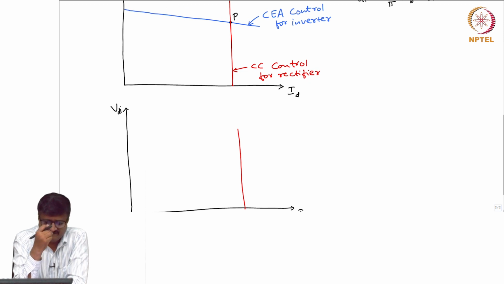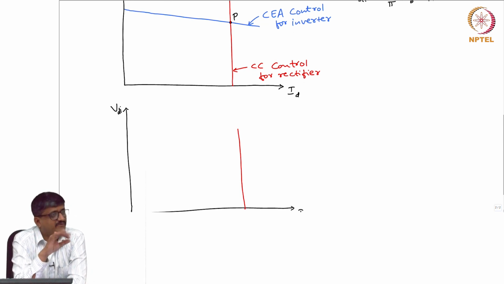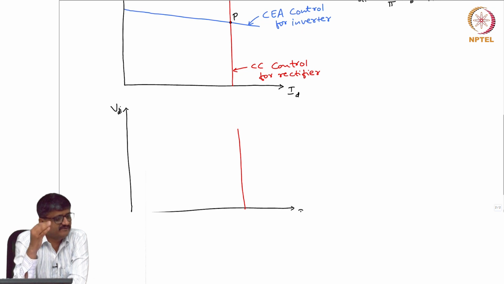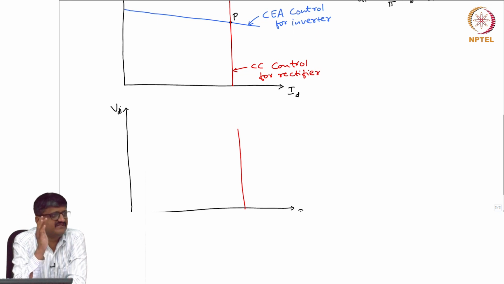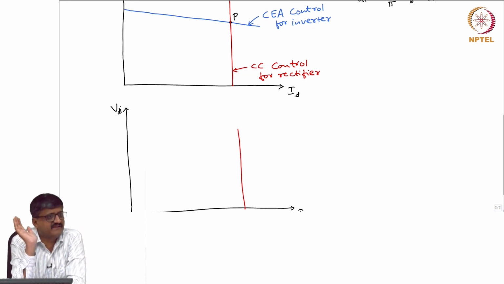See, I think you have forgotten this constant. There are three types of characteristics that we studied, right? Constant alpha characteristic, constant gamma characteristic, constant U characteristic. There are only three types of characteristics that we studied. Now, in this case, we should not even bother about U greater than 60, that is abnormal operation. We are looking at only normal operation, U is less than 60. So, we already studied all these types of characteristics.